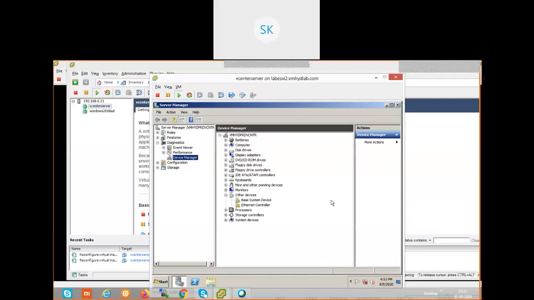In this Device Manager, everything is showing green except two components. These two components are showing a yellow mark. In the sense, the default driver is not available for that particular device. Now, we know this is a virtual hardware device.